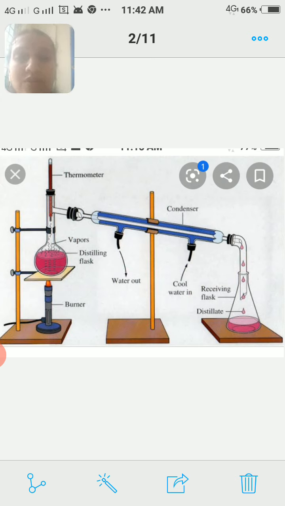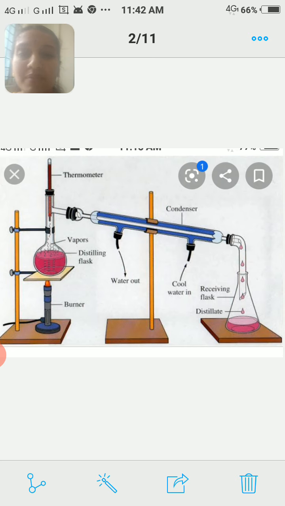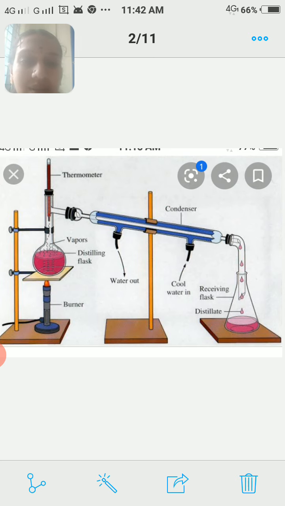As soon as I heat the water, the water boils and the vapors are transferred into the condenser. What the condenser does is, I am going to send cool water inside. The collected vapors again condense to form water, and the water which is coming from the condenser is the distilled water. Can you observe this, children?